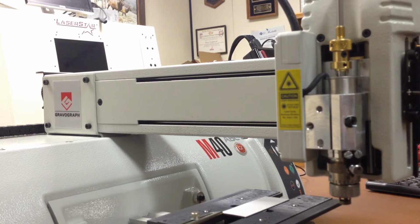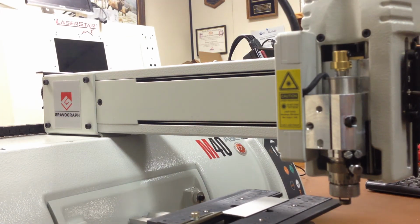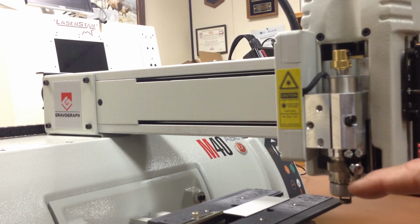Now sometimes you want to use the machine for cutting out name badges. You put a big sheet of plastic on the flat table attachment, and then you can adjust the tools to cut out the nameplates. You can engrave a full sheet and then have it come back and cut them out. To set the tool for the cutout tool, we take our engraving tool, which is a special cutout tool, and